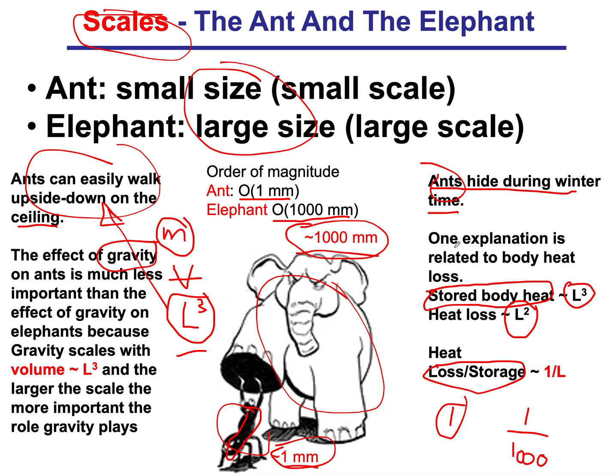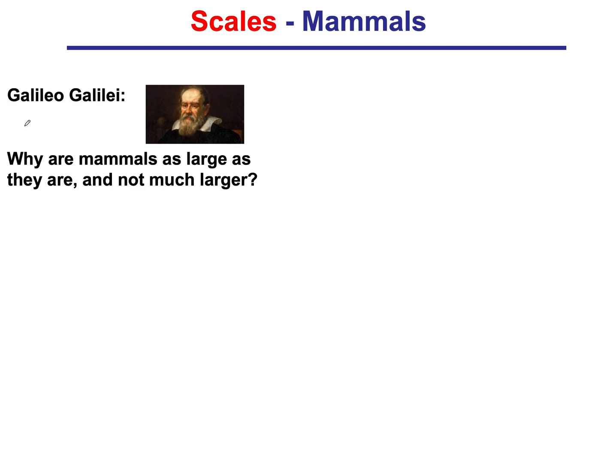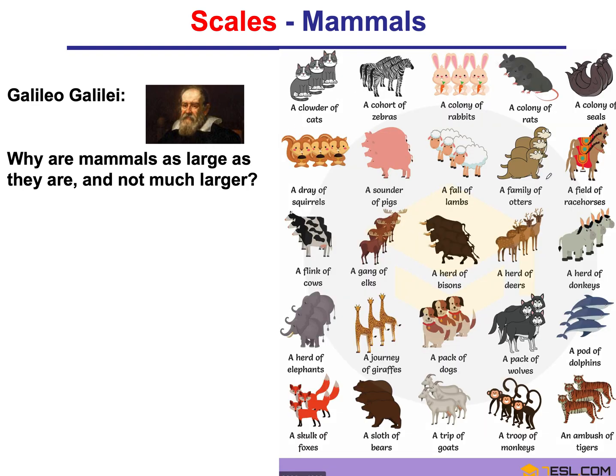But let's look at that example first. So this is Mr. Galileo Galilei, who lived in the 1500s and 1600s, and he was asking why mammals are as large as they are, and why there is a limit on their size. Why don't we see an elephant that is 100 meters tall instead of 5 meters tall? So here is a group of mammals,